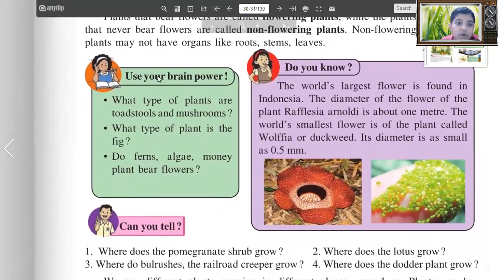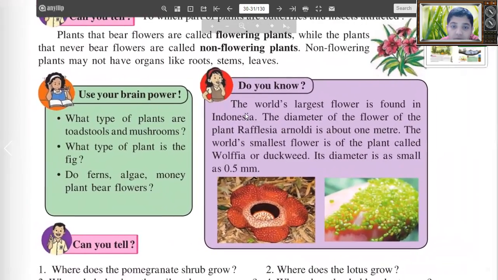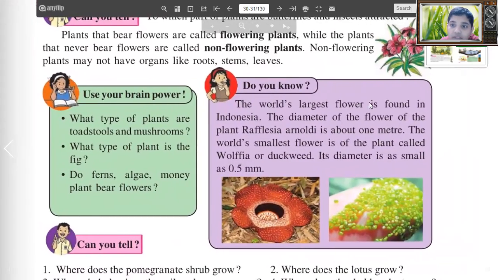Use your brain power. What types of plants are toadstool and mushroom? What type of plant is fig? Do ferns, algae, and money plant bear flowers? Do you know the world's largest flower is found in Indonesia? The diameter of the flower of the plant